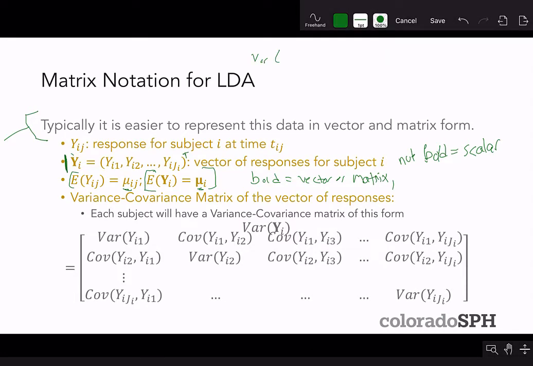variance of that vector yi is, so variance of a vector is going to be a matrix. Yi is going to be size ji. That's going to be a vector with a ji by 1 length because you have ji different time points. So the variance of yi is going to be a matrix of size ji by ji. And so what that matrix is going to look like